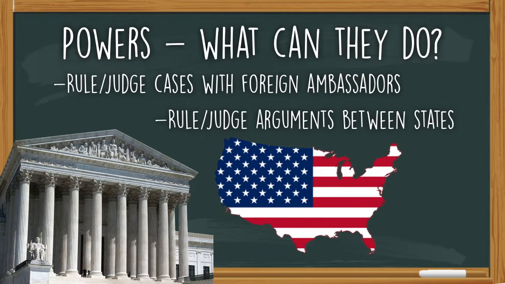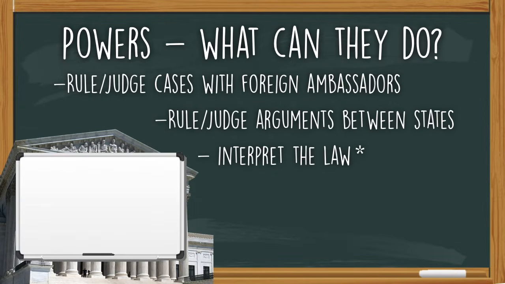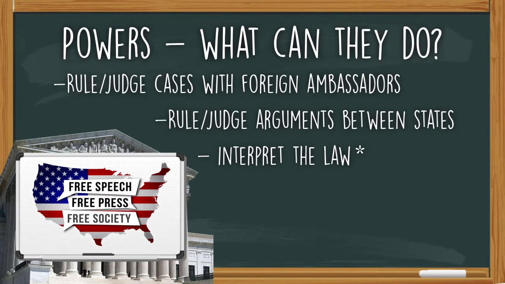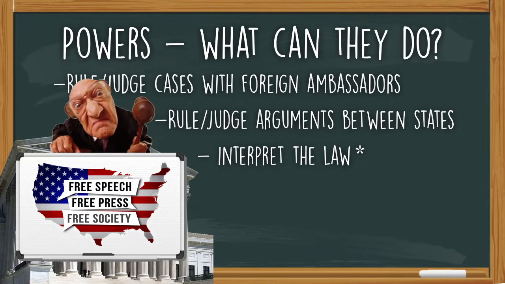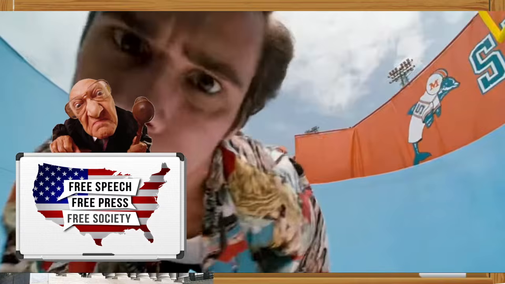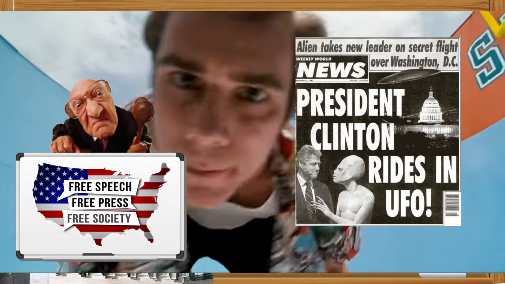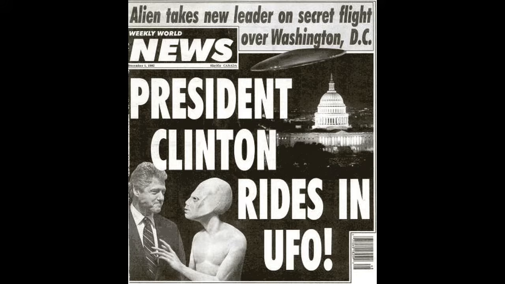The last power we're going to list is the one the Supreme Court is most well known for, and that's interpreting the laws. An interpretation can be kind of subjective. For example, is the glass half empty or is the glass half full? But when we're looking at something more complex like free speech or free press, the Supreme Court is going to look very carefully at this and decide, is this something that we should be allowed to do, or is this going against the Constitution? When they say freedom of the press, do we really have the right to post any story we want, whether it's true or not?